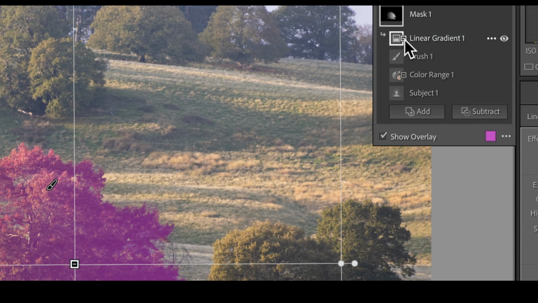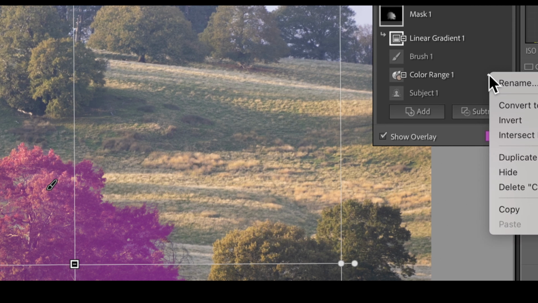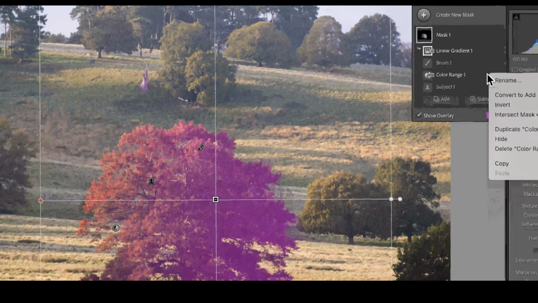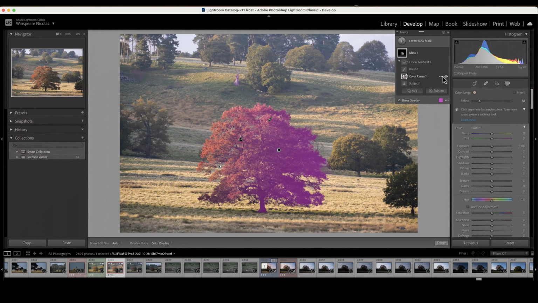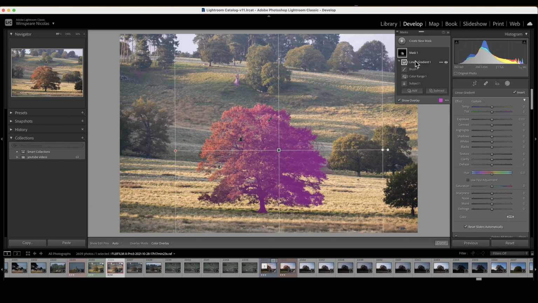Now if you remember what we said in the first video, subtracting is intersecting with the inverse. And something strange here, if you have a look at the options, let's zoom out a bit to see that menu. On the color range, which is a subtraction, the mask isn't inverted. On the linear gradient, which is an intersection, the mask has been inverted, which means that the engineers at Lightroom actually